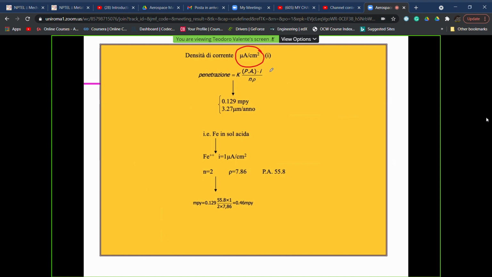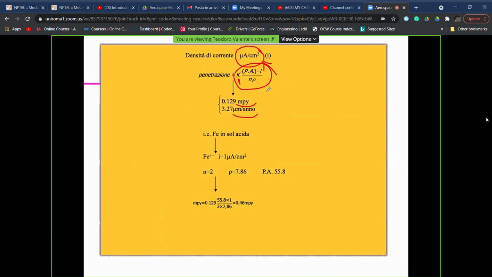And so in the specialized test, you can also find, as a unit of measurement of the corrosion phenomena electrochemically, the current density, which can also be put in relationship with the resistance to penetration, that is microns per year or mils per year, by a very simple formula, which is reported here, in which again there appear the current intensity, the number of charges of electrons, the mass density of the material, the atomic weight of the element on which we are going to put our attention, and then a constant which is